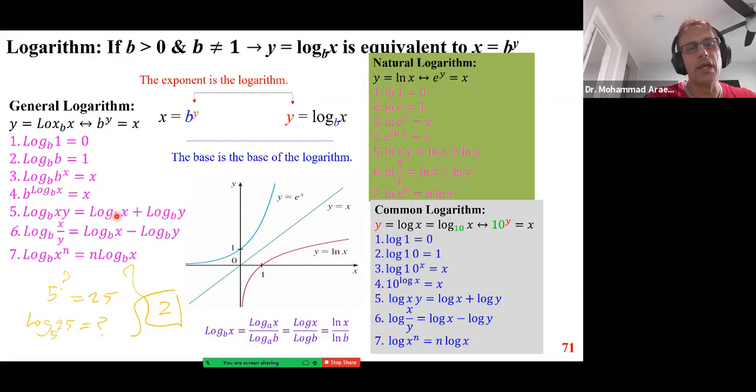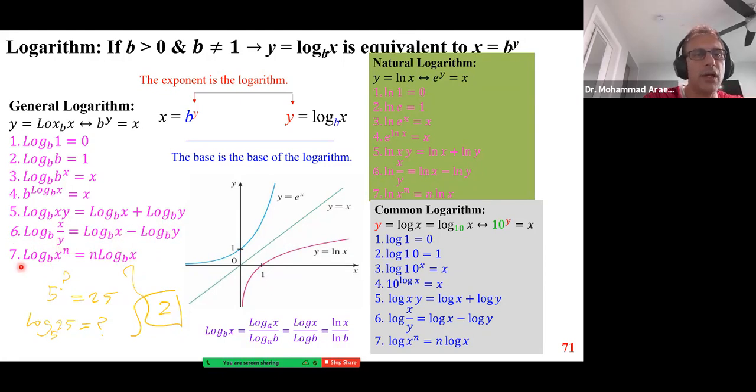Log x, y is log x plus log y, the same base, whatever it might be, for example, b. This is a product rule. This is a quotient rule. Log x over y is log x minus log y, same base, repeat the same base, b. In this case, the power rule, log x to the power of n is n log x, same base, and